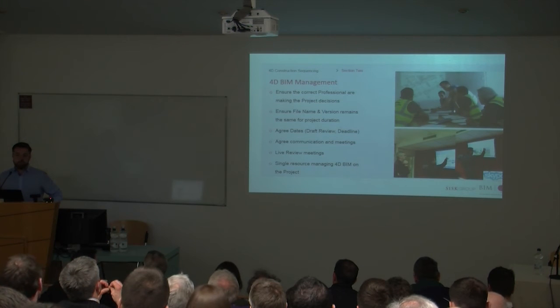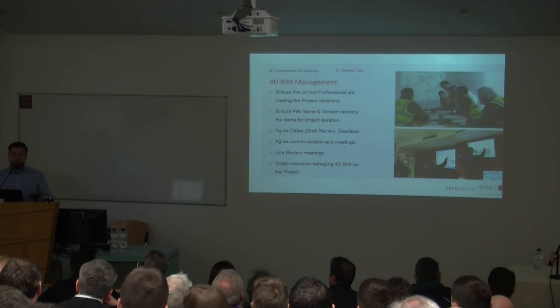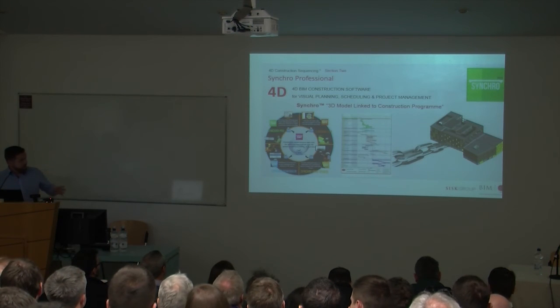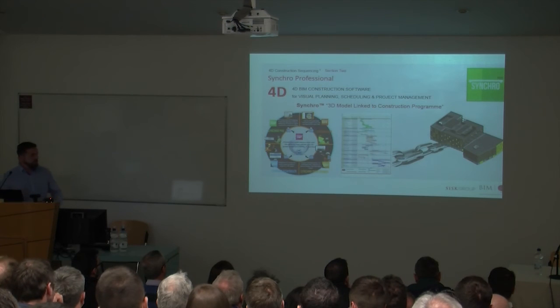He can start making decisions, but it's a communication tool that really makes yourself more productive, efficient, and really gets answers to some of the things. Yeah. So I'll just skim through a couple of things in this here. So again, that's physically just showing you have your Gantt chart and you have your 3D model, and you're physically linking items